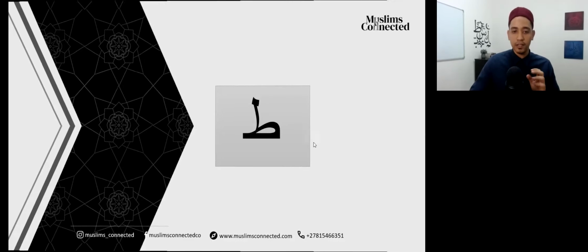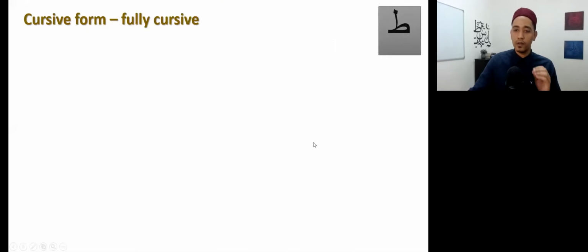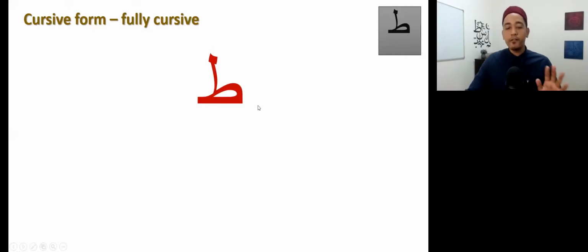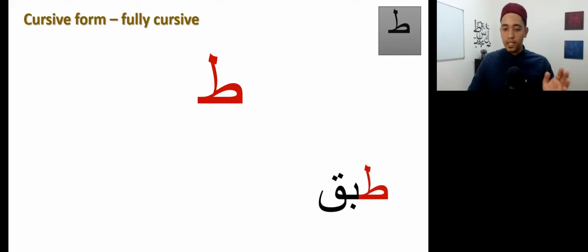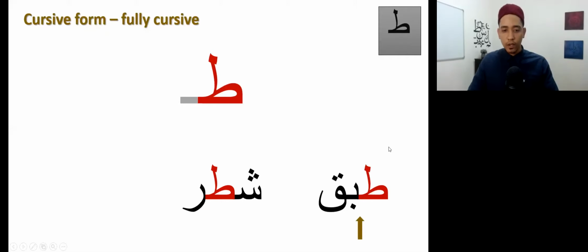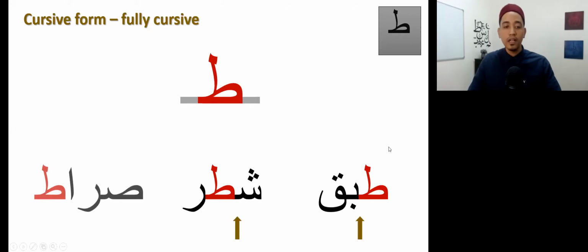The letter Thaa. Let's move on to the letter Thaa. I'm sure many people are scared of this letter. Let's discuss its shape firstly. Very easy. There's nothing to discuss about this letter. Just like the other letters, in the beginning of a word, it will join to the left, like a good fully cursive letter. In the middle of a word, you can see it's just joined to the other side as well. At the end of a word, it will keep its original shape,